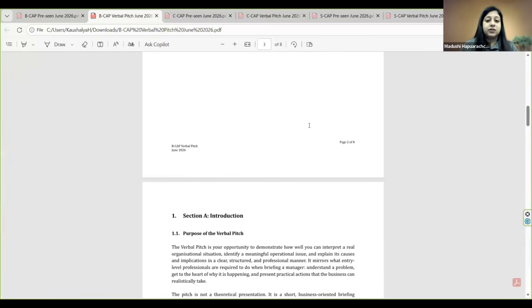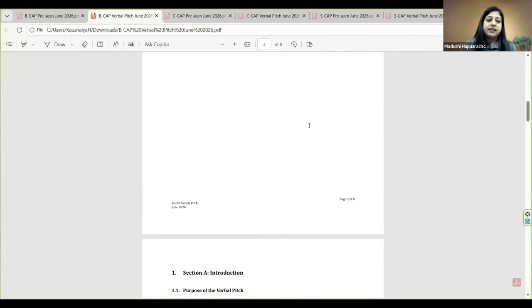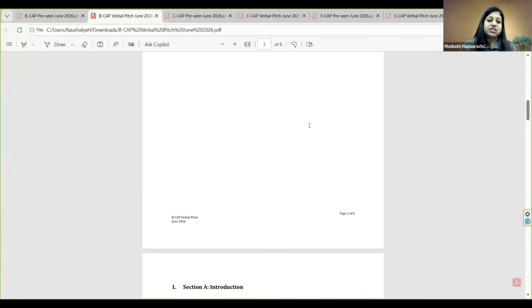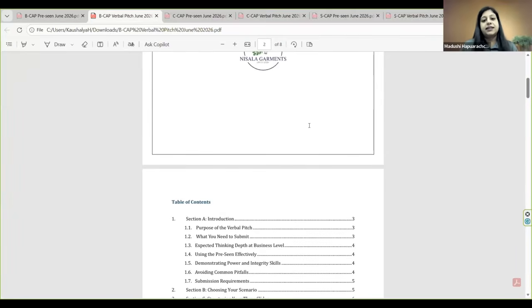For the business level student, we are expecting foundation stage, fundamental things. For the corporate level, there are slightly more advanced expectations. And the strategic level is the final level. Our expectation is to create a competent, trusted strategic storyteller, the chartered accountants for the 2030s and beyond.